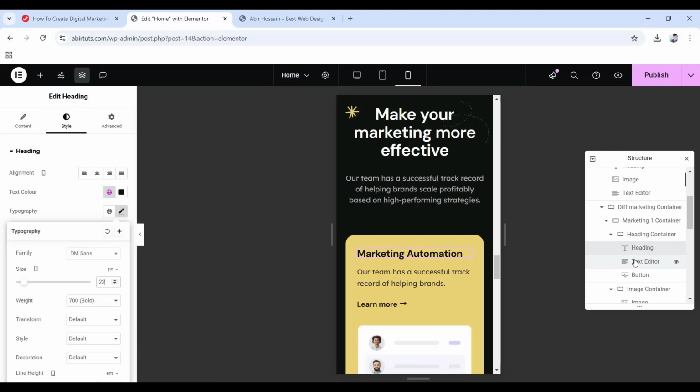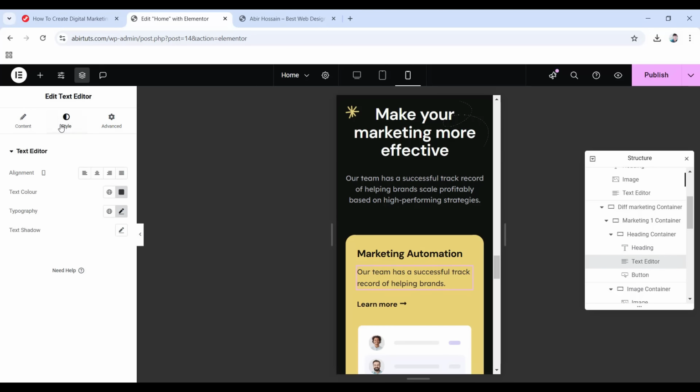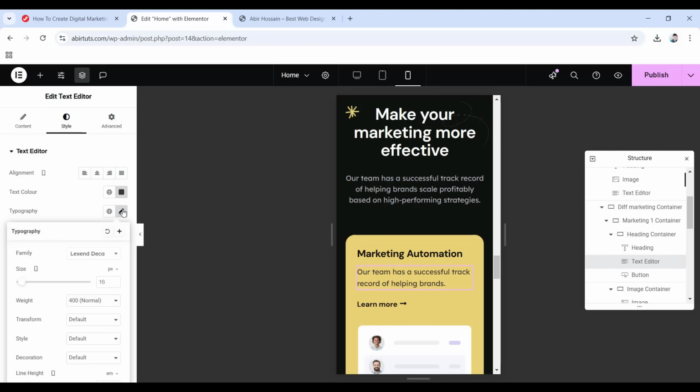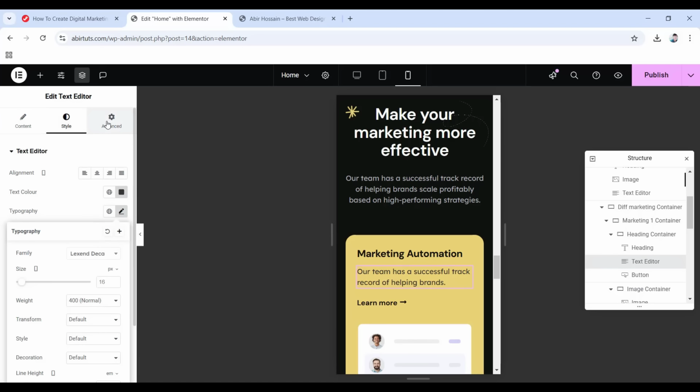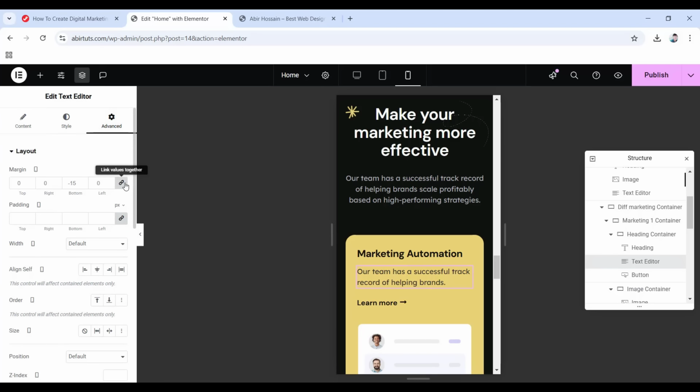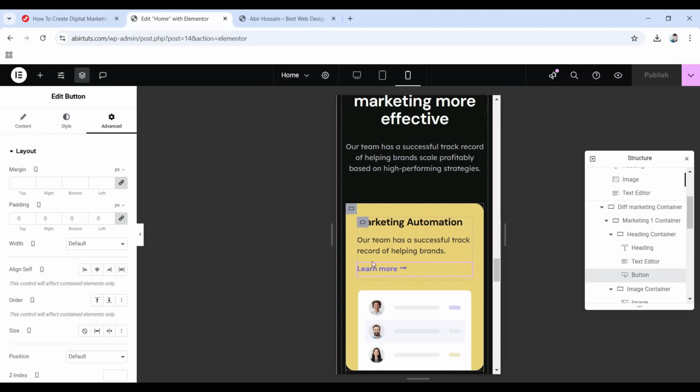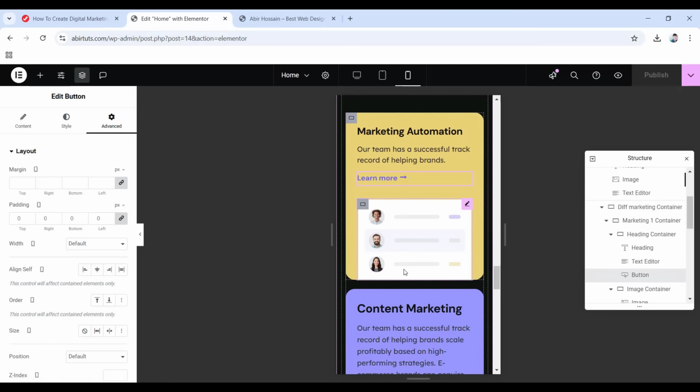Then choose this text editor, go to its style tab, go inside of typography, then scroll down, and for its line height, change the value to 1.5 em. Now go to its advanced tab, unlink the margin values, then only set the bottom margin to -20 pixels. Now choose this button. Okay, so we don't need to do anything for this button, but now let's do all